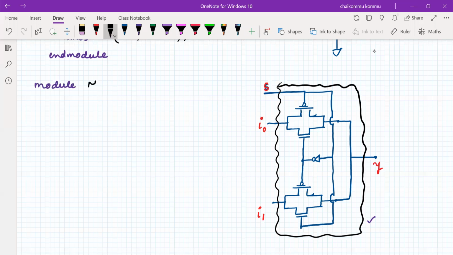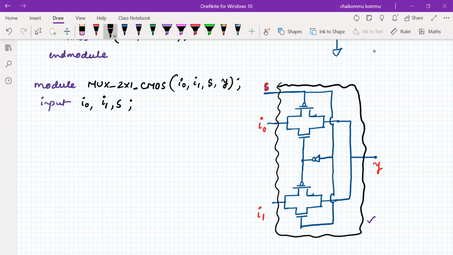2x1 mux underscore 2x1 underscore CMOS. That is the best name that I have given. It consists of only the I0 signal, I1 signal, S, Y. Everybody knows that input is I0, I1, comma, S. Output is